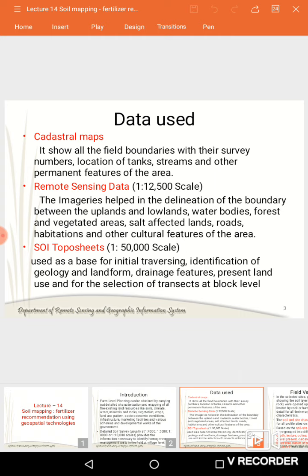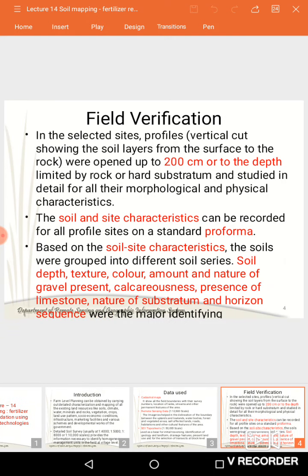And the Survey of India used topo sheets for the initial traversing and also for identification of geology and landforms at block level. And after collecting the data we have to do the field verification by digging a soil profile up to the bedrock.